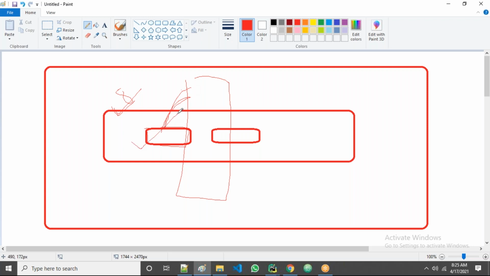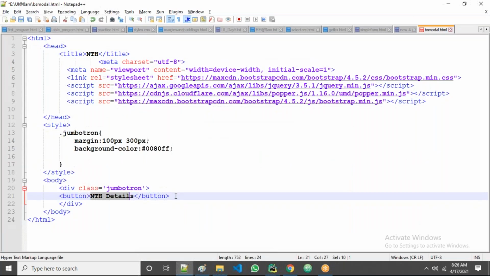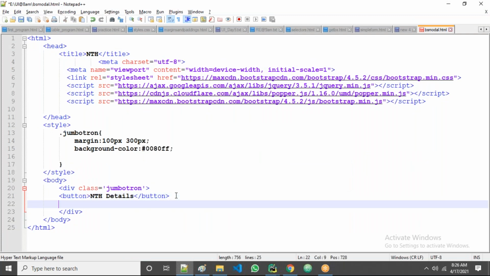Because when I click on the button, then only I want to open this model, right? That means between the button and this model there must be a relationship, guys. Some links must be there, some communication must be there, then only it works fine. Right, now just imagine, I have taken one button, entity details. I'll take one more button, for example. Let's take here some contact form like this, guys. Contact form, that's all.